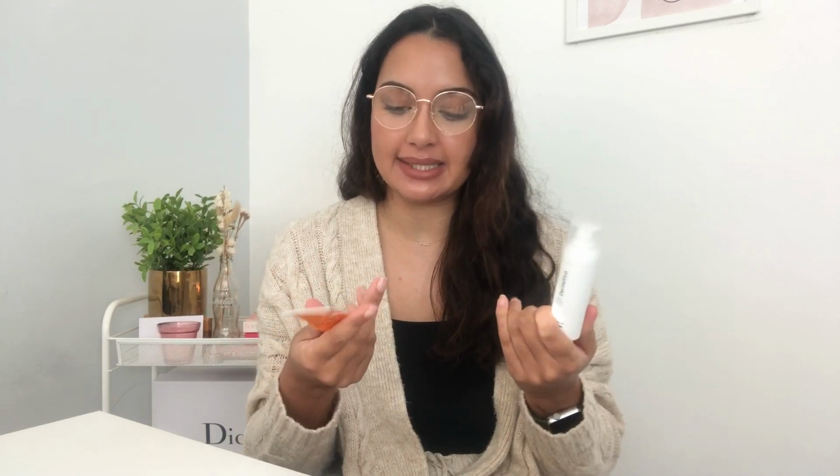You need a pea-sized amount with this, and you need 1 pump of this. I will put a link down below if you're interested in azelaic acid. I also have separate videos where I hadn't even received this product, but I'm still mentioning it. So if you want to see that, I will link it down below as well. I will card it so you guys can watch a bit more about azelaic acid and how it can help